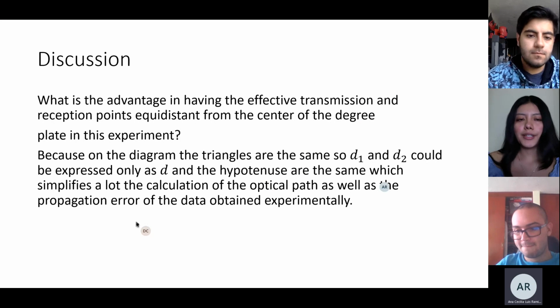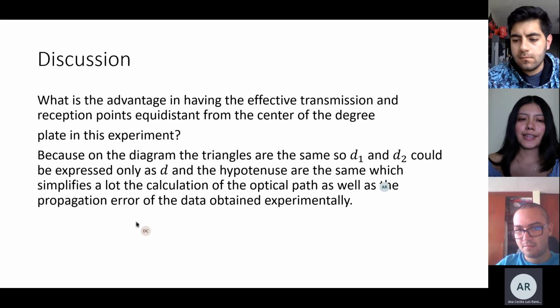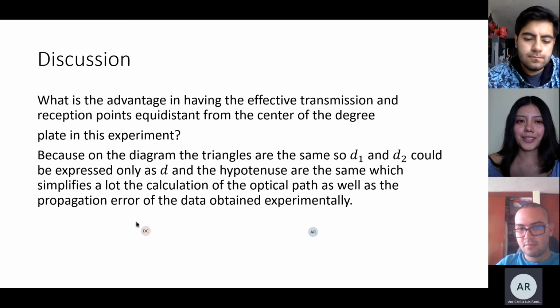So as we could see, both of the errors obtained were, well, technically small. So we can say that the methodology used to obtain those values of the wavelength was efficient, and therefore all results are good. The question that we were trying to answer while we were doing the experiment was,